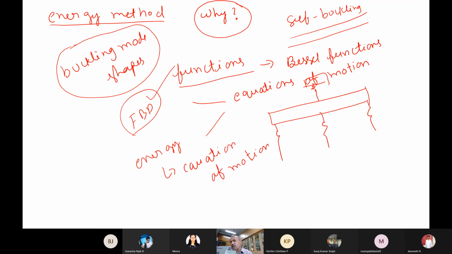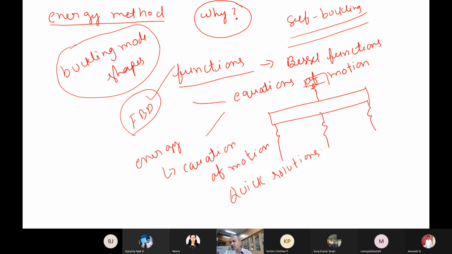Just write some potential energy, some kinetic energy, some expressions, and then you minimize with respect to something. Automatically, it will give you the equation of motion also. You followed, right? So that is the advantage of the energy method. And of course, apart from that, once you write energies, you can get quick solutions also. And then, as I already mentioned the methodology, in eigenvalue problems there are two things.